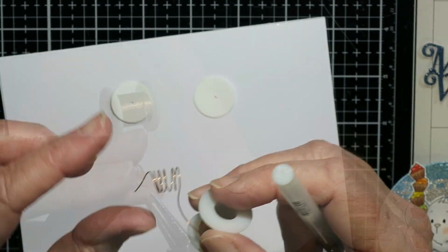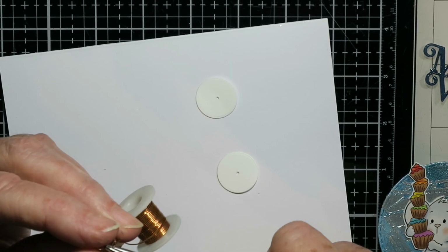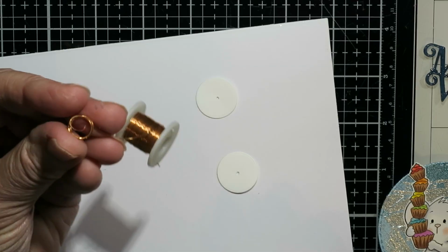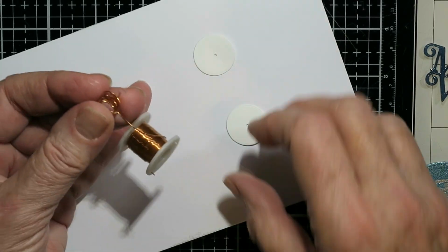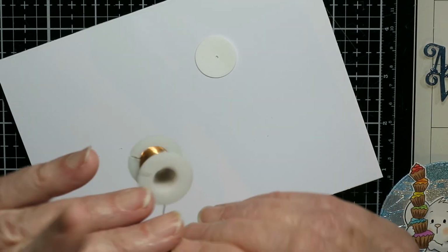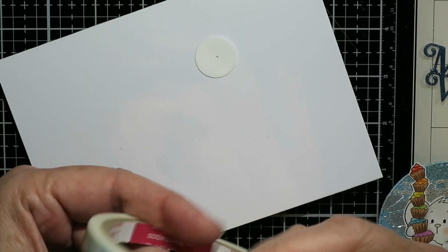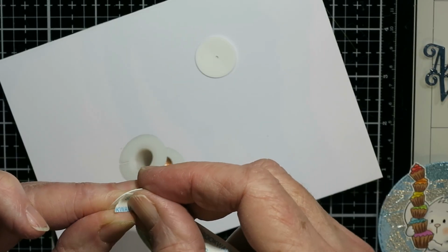Now the tail, you want to turn it so that it's coming up through the center of that coil so that your wobbler's not off skew. So there it's coming right up the middle, and I can poke it through the center of that paper circle, and then I just use double-sided tape to attach that,